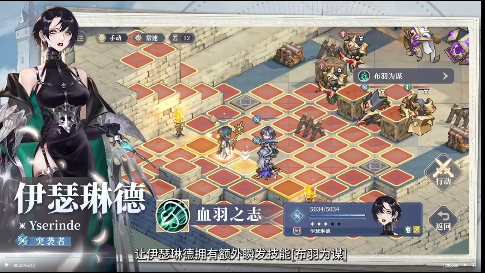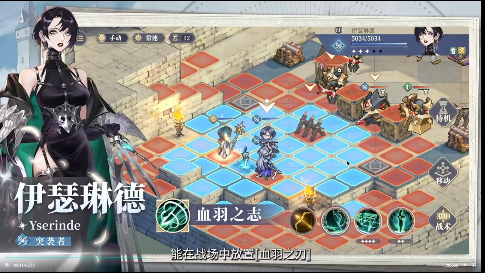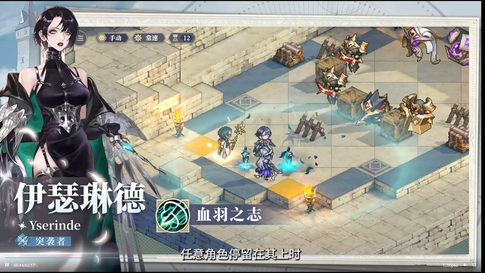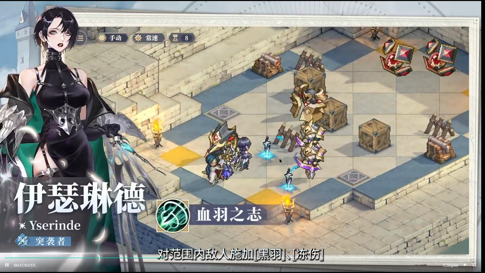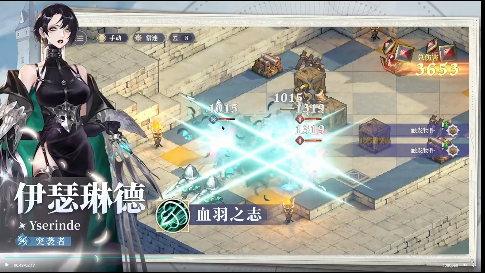So they're running her with Nydia and SP Samantha. This is called Blood Feather Ambition, just like yellow Google Translate. So it's an instant skill, places the Blood Feather blade on the battlefield. So this is this dagger placement. It places on the battlefield, and when any character lands on it, so when they stop at it, it inflicts black feather and frostbite on the enemy and causes piercing damage. So let's see this happen. They walk their Nydia to this,